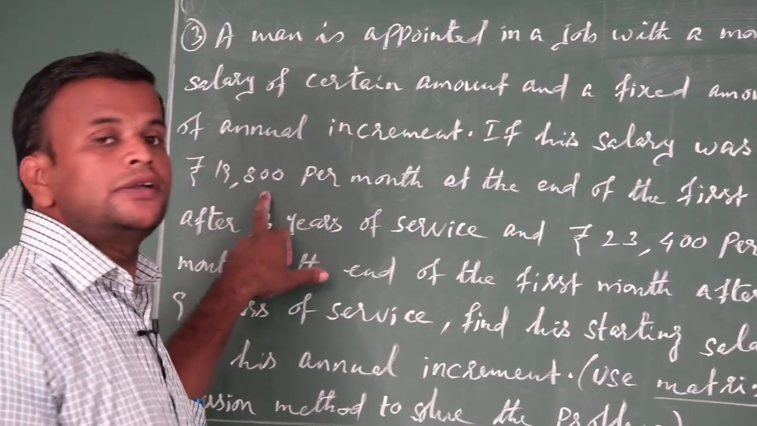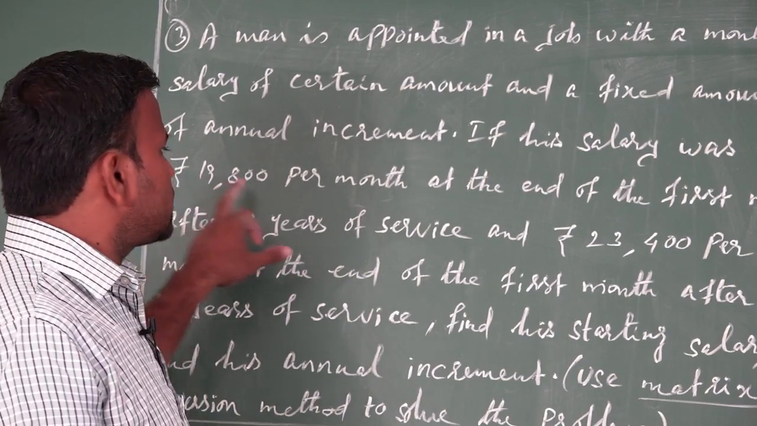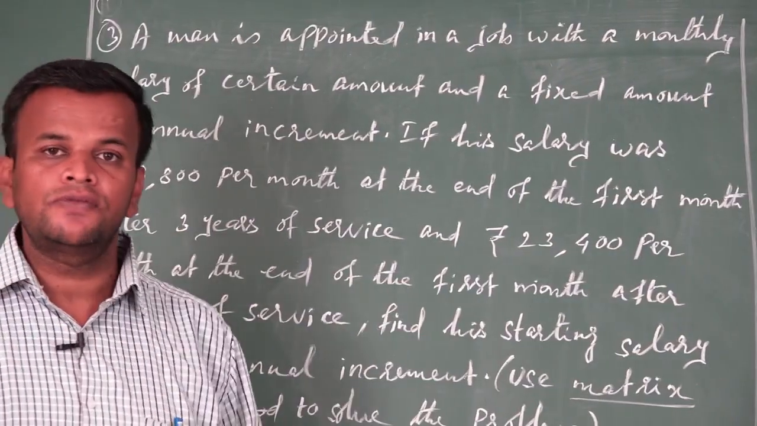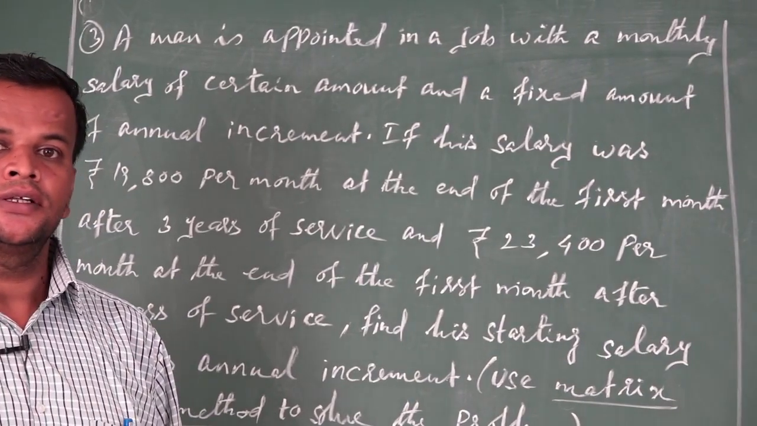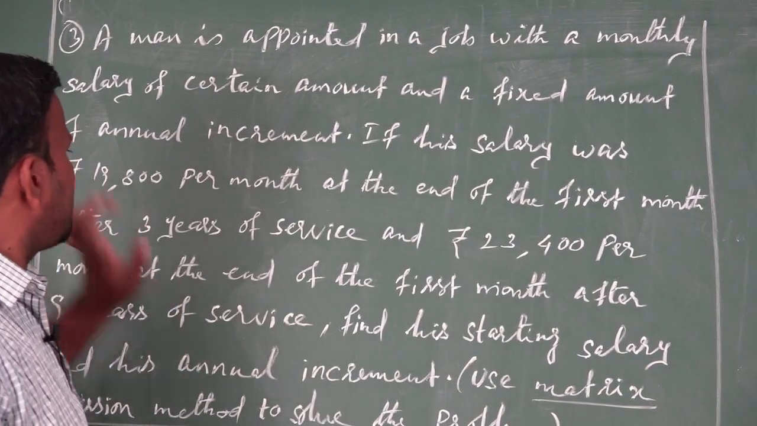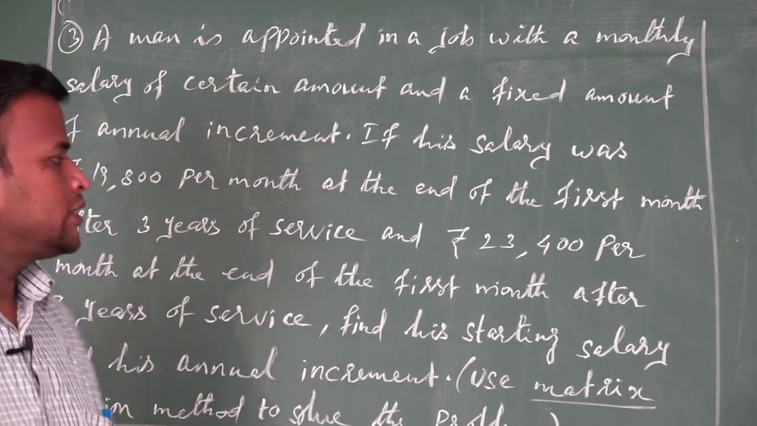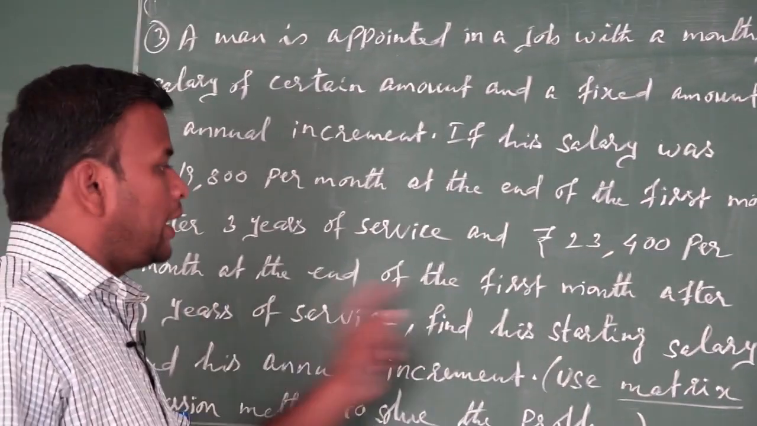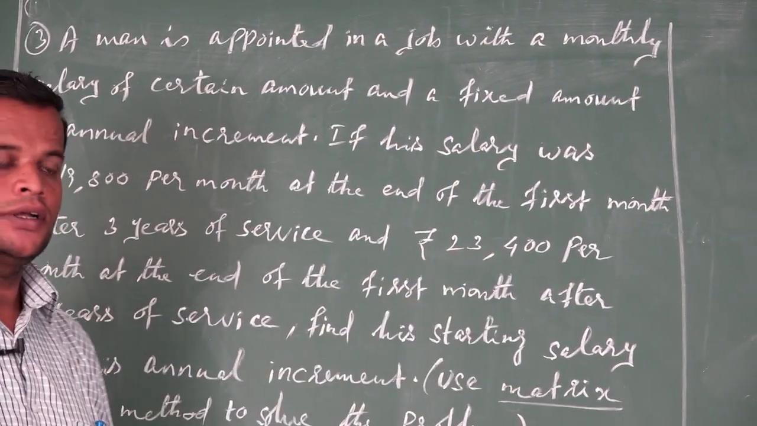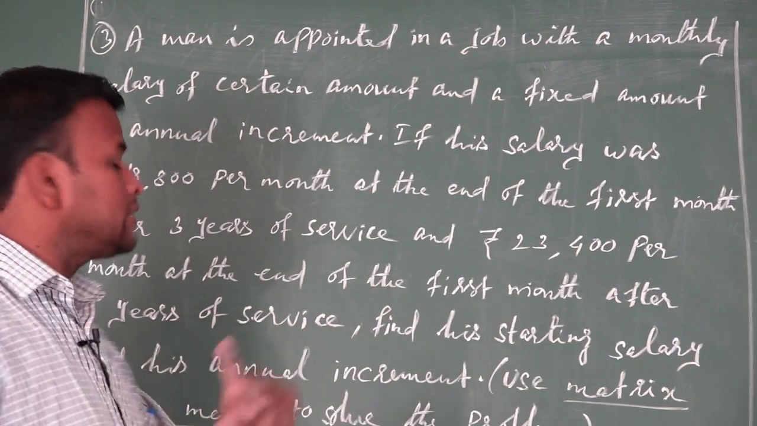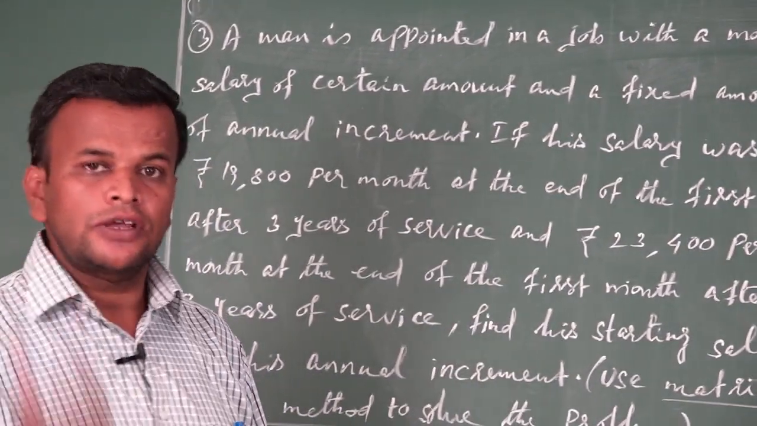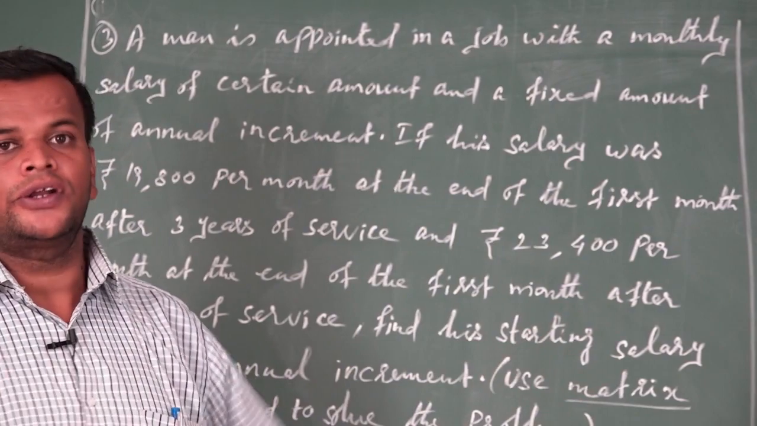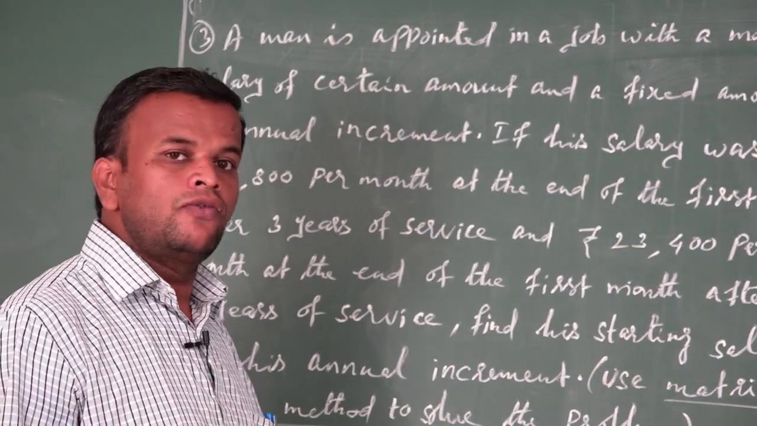And next, if his salary is rupees 19,800 per month at the end of the first month after 3 years of service, that is, the 4th year's first month salary is 19,800, and one more condition is given: rupees 23,400 per month at the end of the first month after 9 years of service. That is, after 9 years of service, in the 10th year's first month he gets rupees 23,400. Our question is to find his starting salary